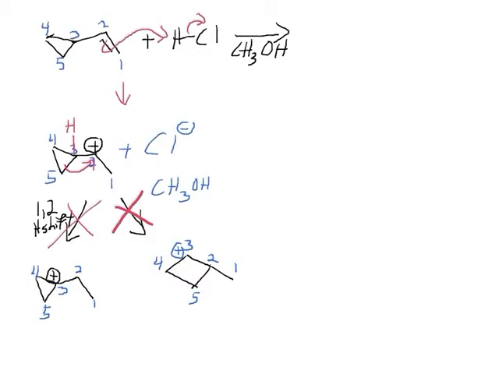Does anybody see why it won't do that? Right? Hybridization state matters, right? The carbocation's hybridization state is sp2 hybridized. Bond angles are 120. A triangle and a square certainly don't want to have bond angles that are 120. But this carbocation will. Okay? So the next thing that's going to happen, since none of that's going to happen,